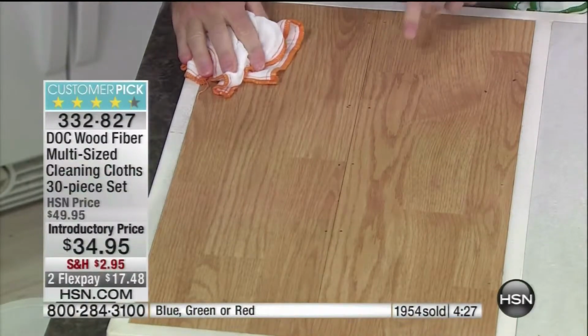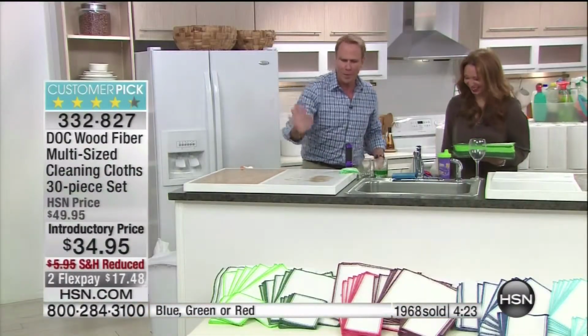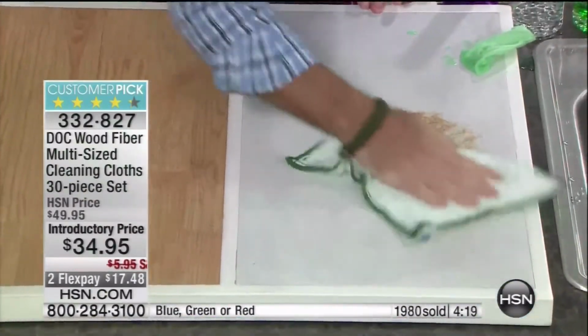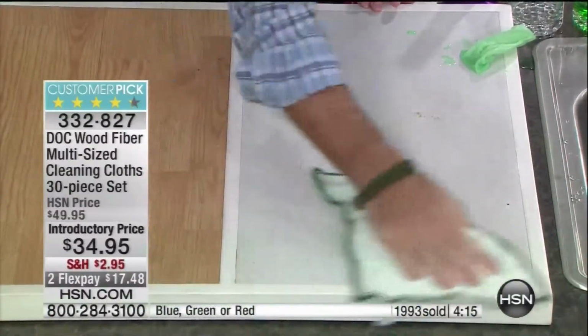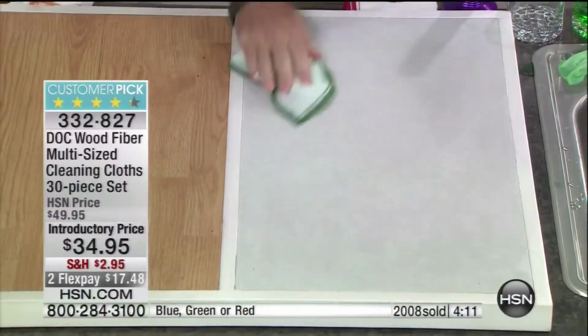How great is that? Wood, Formica, stainless steel, you name it, the dock cloth and just a little tap water. And I'm not even working hard here. Now, one of the things that happened organically...